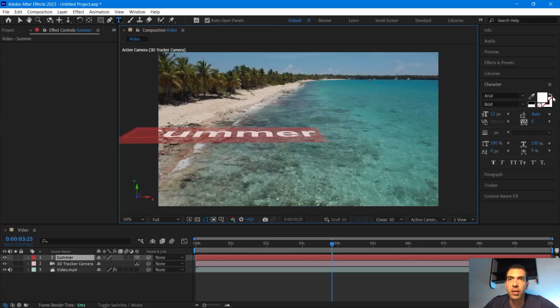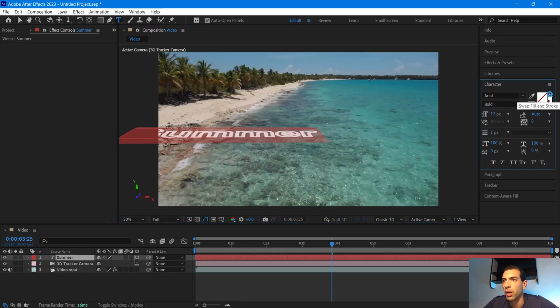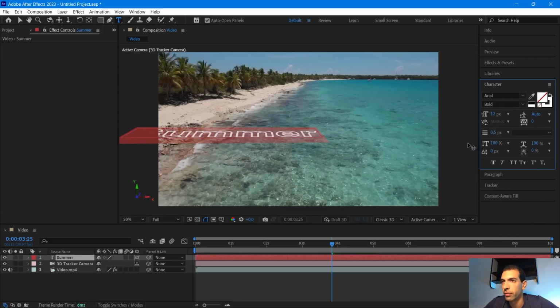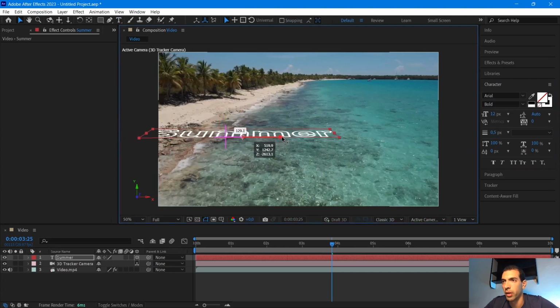I select the text. Here we have a white fill and the stroke is set to none. I'm gonna swap fill and stroke, and now we have a text with white strokes and no fill. I'm gonna make the stroke a little bit thinner, like 0.5, like this. I'll go back to selection tool. I'm gonna move the text on the X value like this, put it right here,